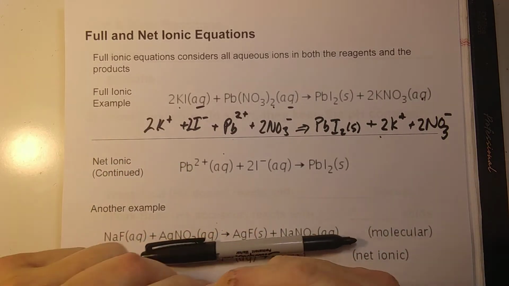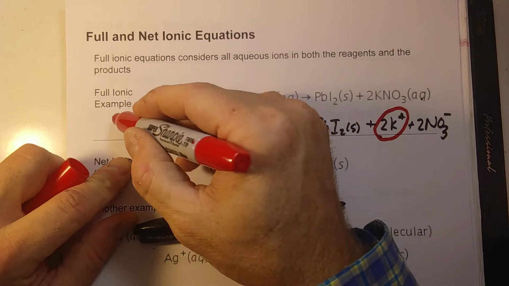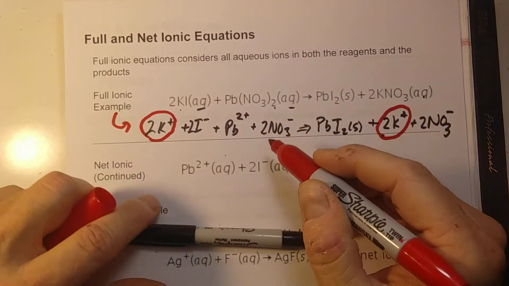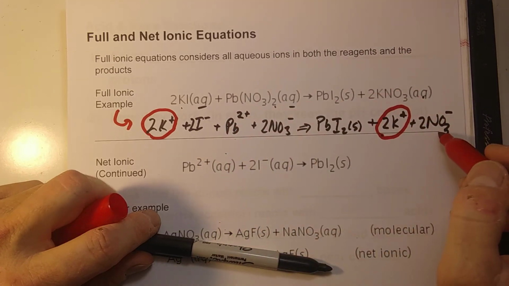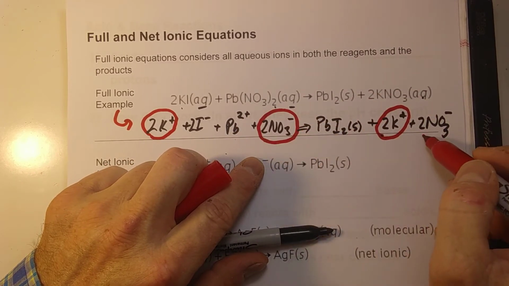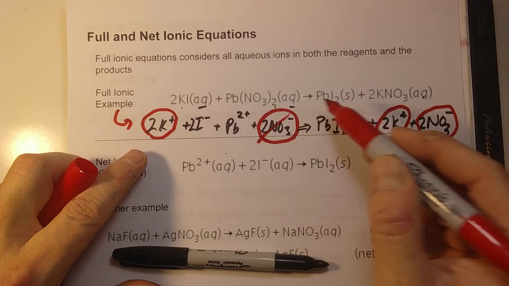I'll circle those in red. This is a precipitation reaction. This is the full ionic equation right here. But I'm circling what's going to come out when we do the net ionic equation. The nitrate, oh, I see that's also on both sides. So really, when we cancel these,